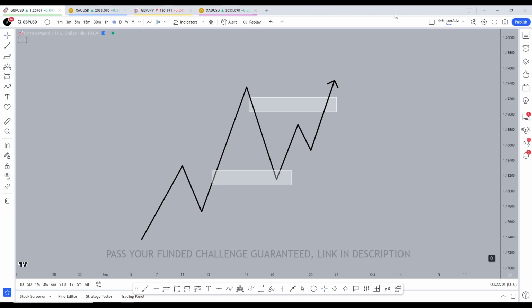If you're still struggling to find a simple and effective ICT strategy, then this model right here is about to change your life. In this video, I will walk you through it step by step and explain how this mechanical rule-based system taught by ICT is an absolute game changer, and you will start seeing results in your trading from today. All you need to do is watch this to the end of the video,